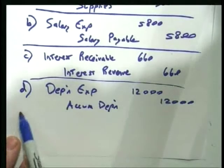The prepaid account had a $9,000 debit balance at December 31 of 2007. Now, an analysis of insurance shows that $3,700 of coverage has expired during the year. Okay. Now, you always got to look at the way that they're phrasing it. We want to know the amount that was used up during the year, don't we? So that's the amount of our AJE, the amount that was used up. So thus, the answer to E